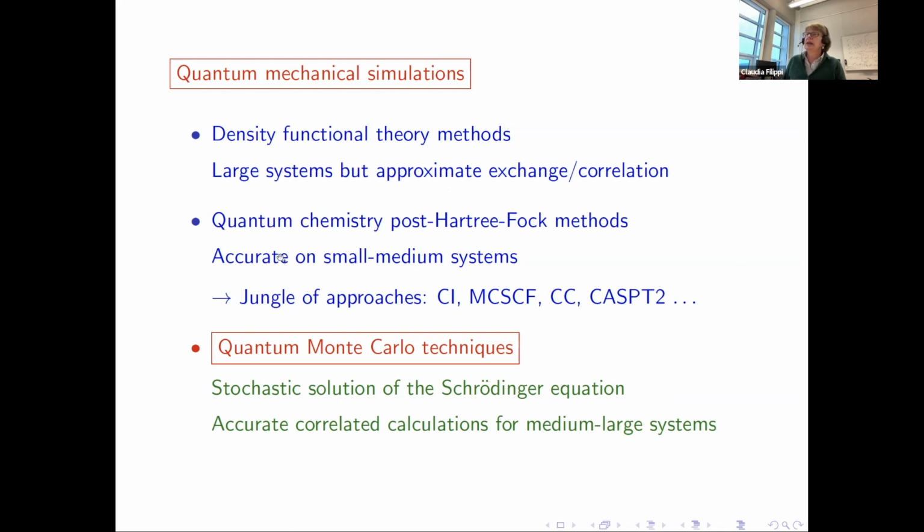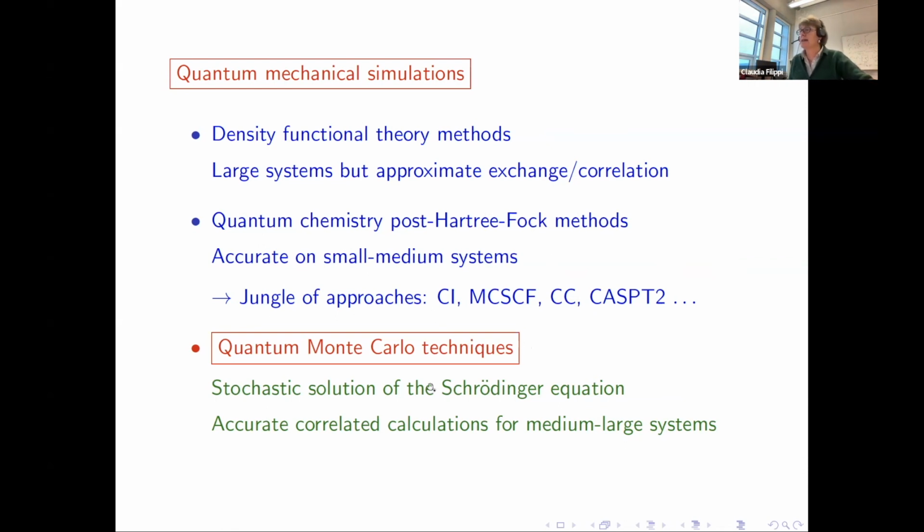And the something else can be quantum chemical approaches, so you go beyond Hartree-Fock. They're accurate on small to medium systems. There are a lot of acronyms and flavors, and some of them are also being pushed to larger and larger systems to run on this type of architecture as the one discussed by Thor.